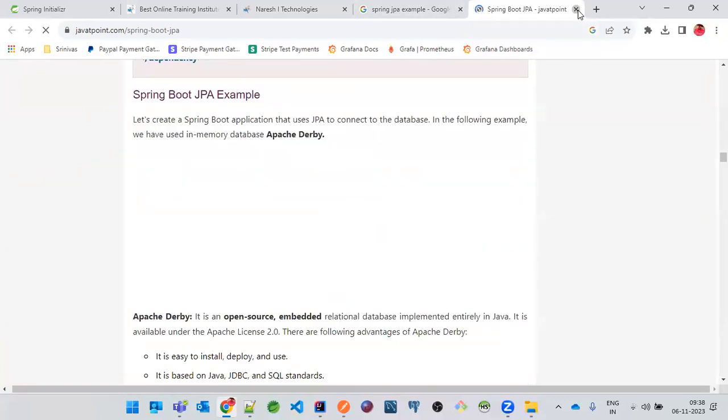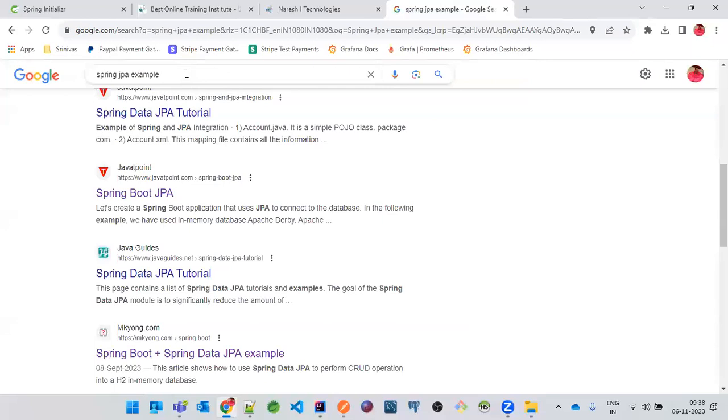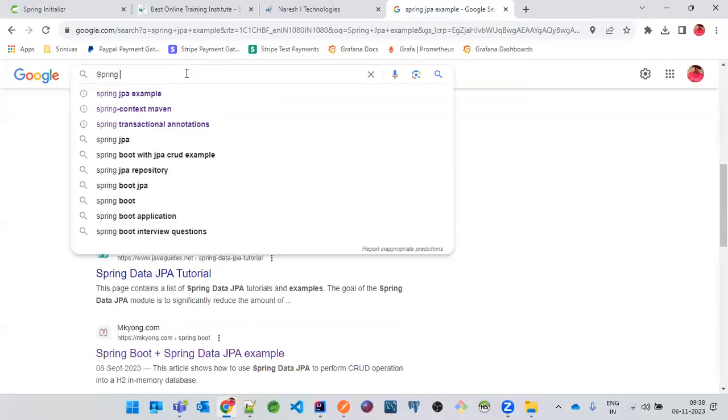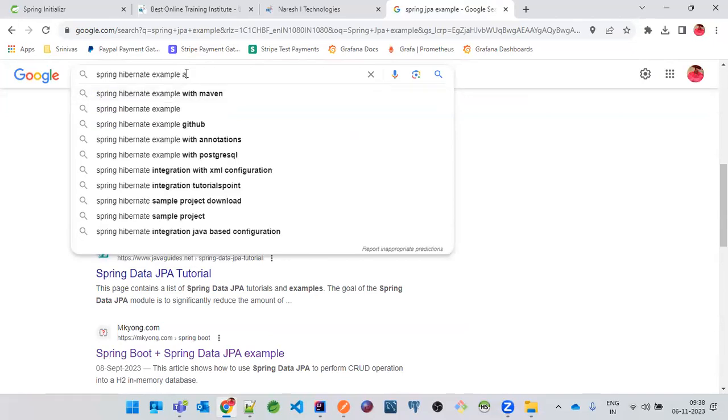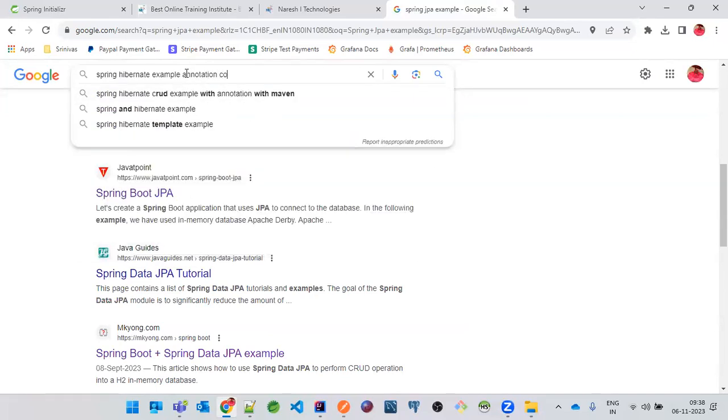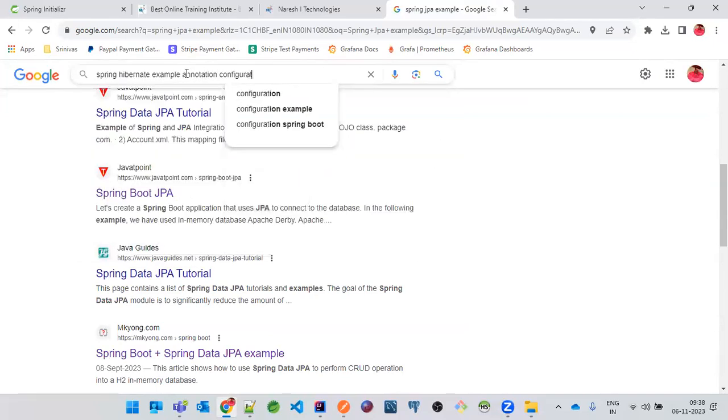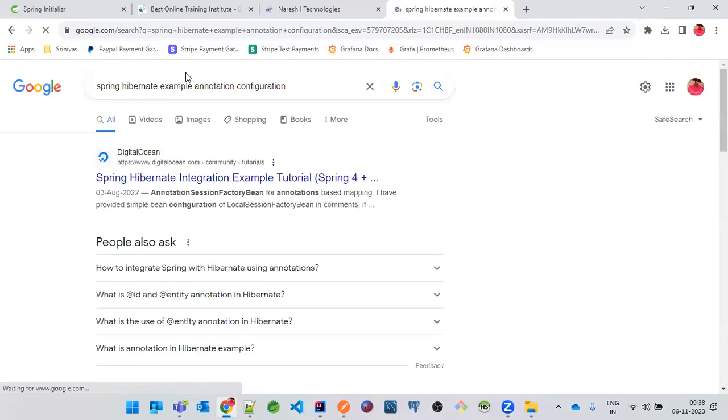Okay, they are actually using Spring Boot Starter. I just wanted to get a Spring Hibernate example with annotation configuration. So what happens if you are not using Spring Boot and wanted to use it? Okay, so if you see this,